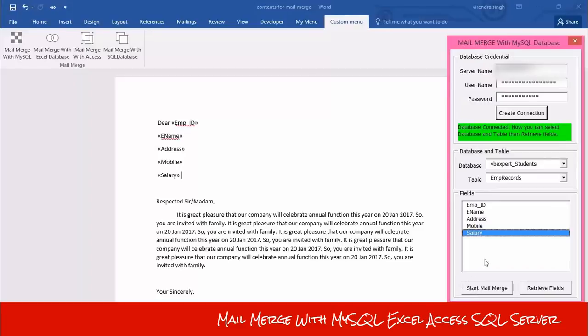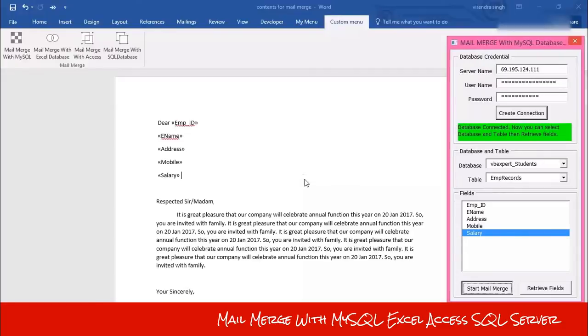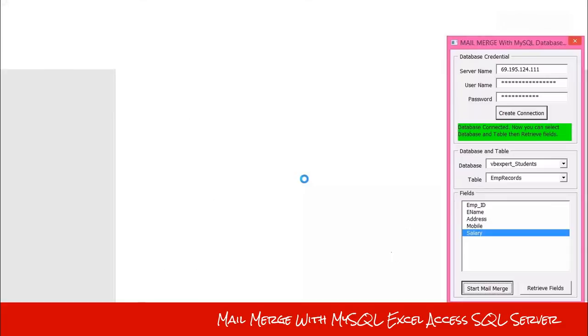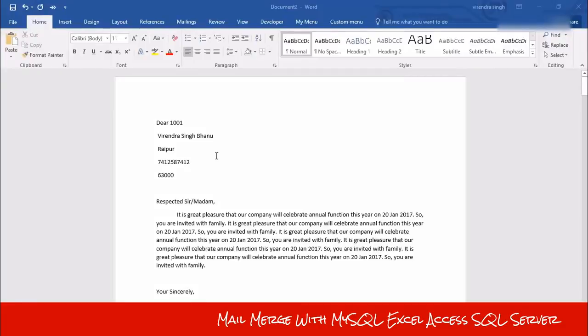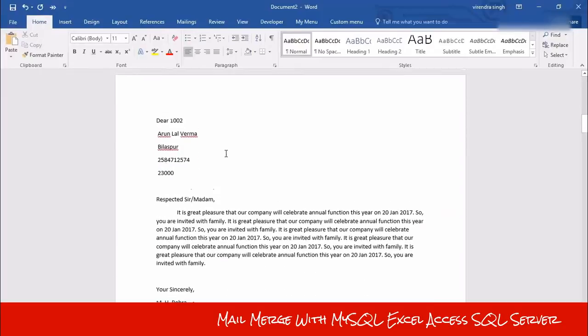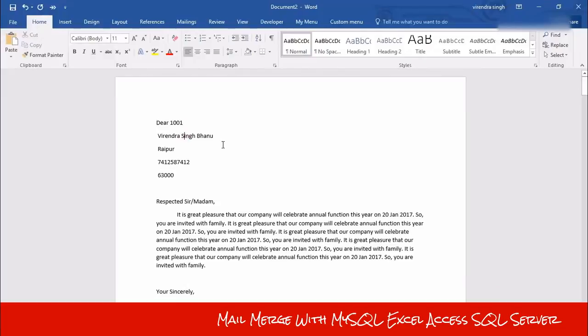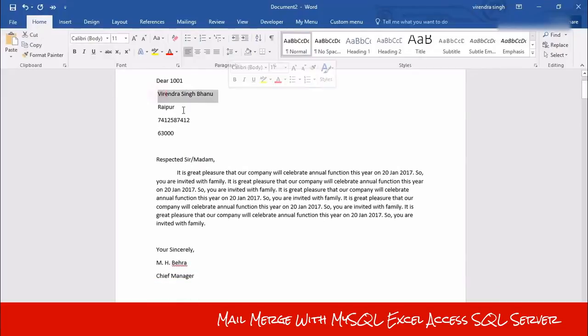Okay, so I'm going to click on this button. Please watch carefully. Okay, it's done. Now you can print it on the printer. This is the mail-merged file, our final result, and as you can see, all your contacts have been merged into the main document. This is the first record